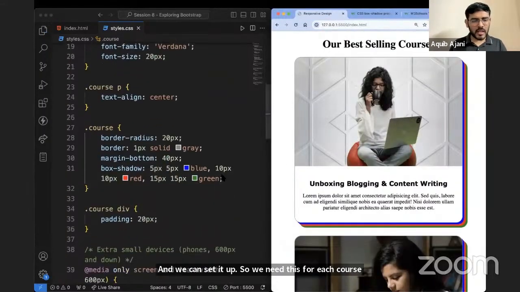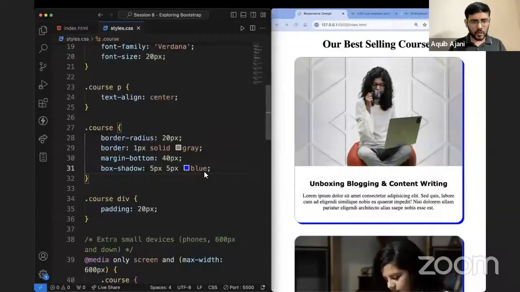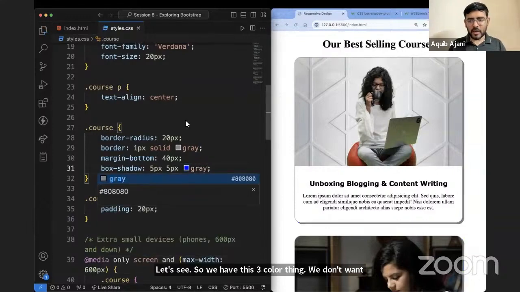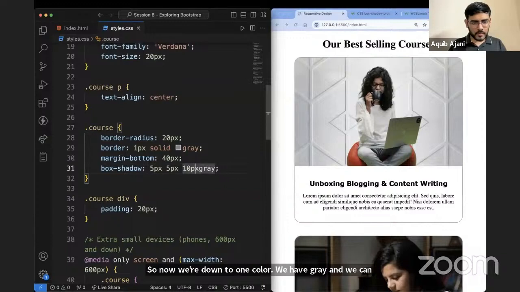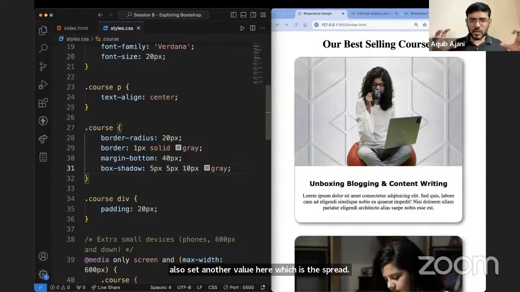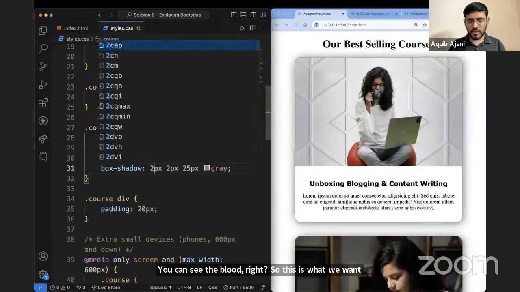So we have this three color thing. We don't want three colors. We just want gray shade. So now we are down to one color. We have gray, and we can also set another value here, which is the spread, right? So you can see now it starts to blur out a little bit. You can increase this a little more, I think. You can see the blur, right? So this is what we want, and we want it much closer than 5 pixels. So yes, this looks good